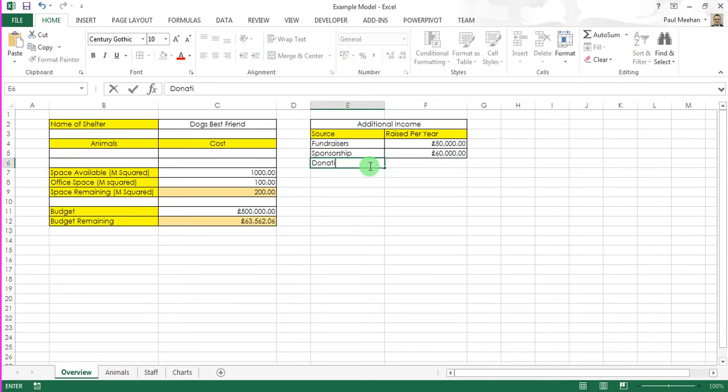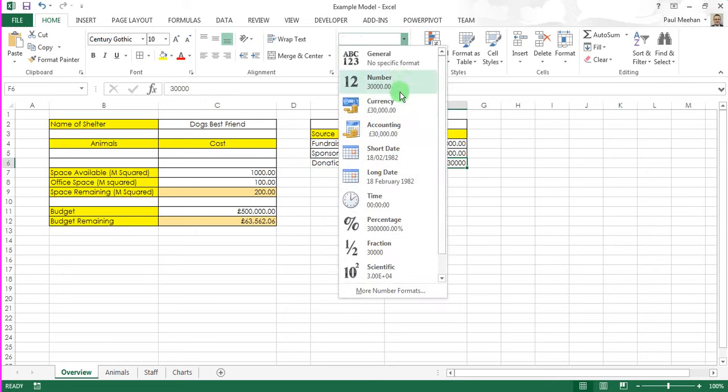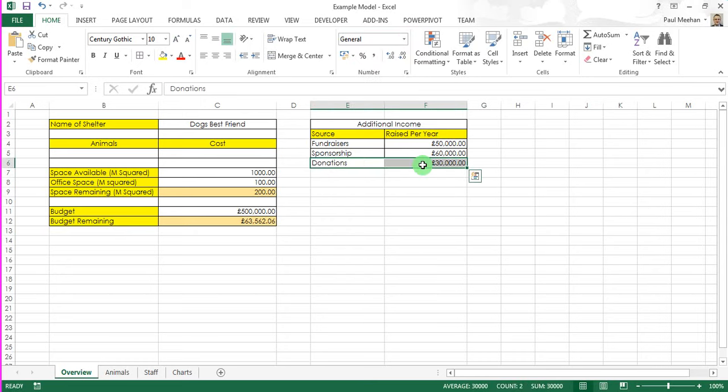Donations, that can fluctuate. It can be anything. So let's just say 30,000. Might be a lot less than that. You might think your shelter's not going to make that much money. Remember, you've got to do research on this. I'm just making these figures up. Right? I'm showing you how it would work within a spreadsheet. So total,